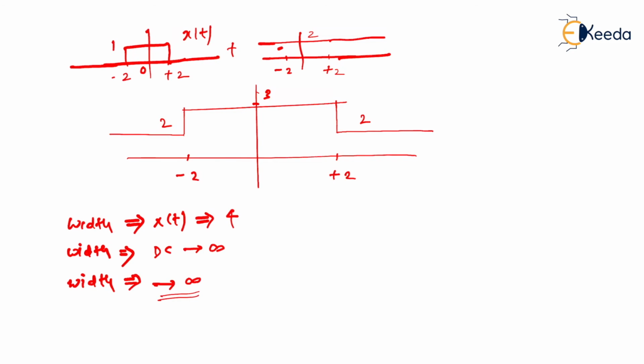But then, if you say width is equal to infinity, it is not countable when it comes to mathematics. Am I right? Because then you cannot calculate the k1 by k2 ratio, because k was ultimately the width by height ratio. If something goes to infinity, then it becomes immaterial to calculate that ratio, that is k1 by k2. So whenever they say that internal truncation is present, it means that after addition of a normal signal with a DC signal, the new width is going to remain 4. I mean, this part I'm going to ignore.